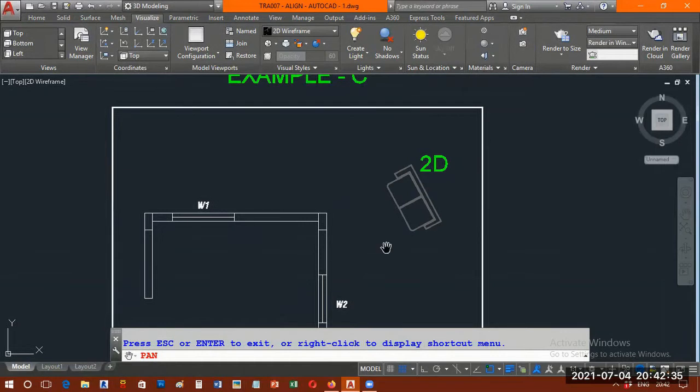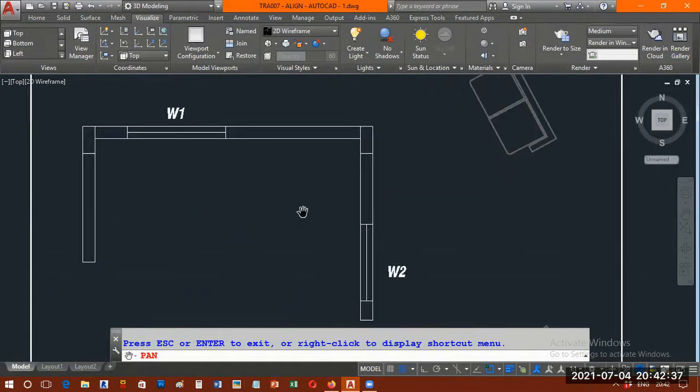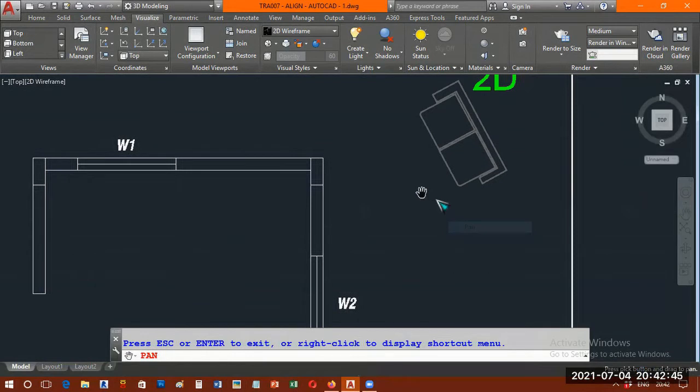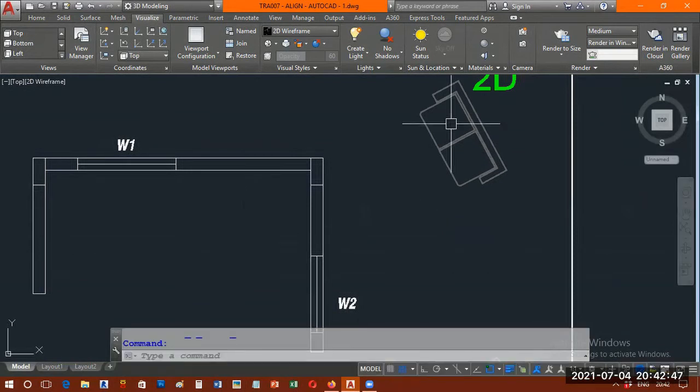This is also a 2D drawing. This is related to a civil building plan. A corner of walls with windows, with columns, with the furniture lying down here. The furniture is obviously outside the building and tilted. This is like a sofa set, a 2-seater sofa set outside the building and tilted. Now what I want to match here is that this sofa is supposed to be inside the house, in the corner of the house, and it has to tilt also. Means I'm going to move and rotate this by using a single command. As you all know, that is the align command.